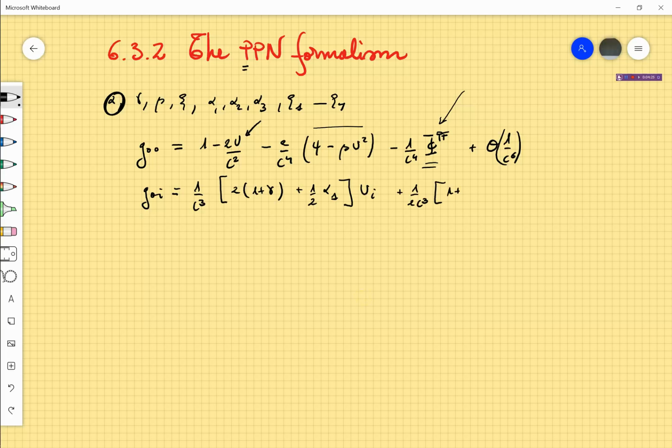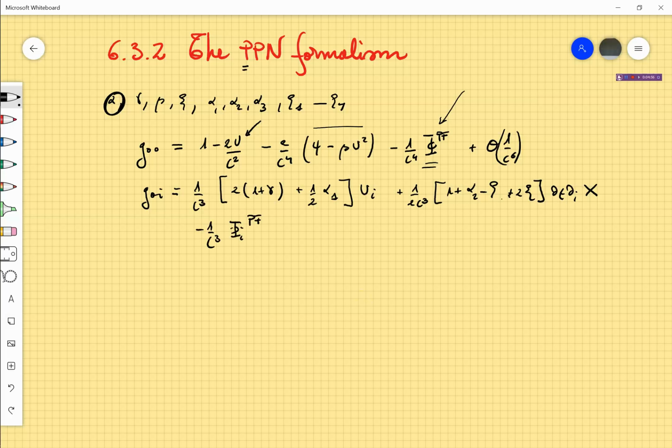Okay, 1 plus alpha 2 minus Z1 plus 2 psi, and then partial t partial i of chi. Okay, whose expression I will give you later, but this is basically related to the f that we introduced in general relativity, minus 1 over C cubed psi i,